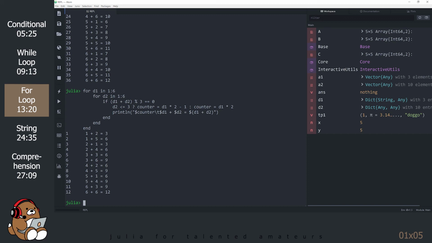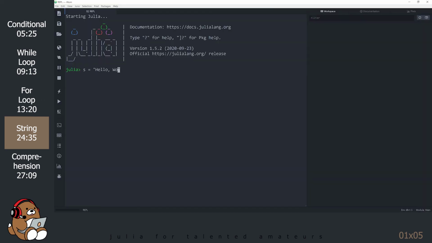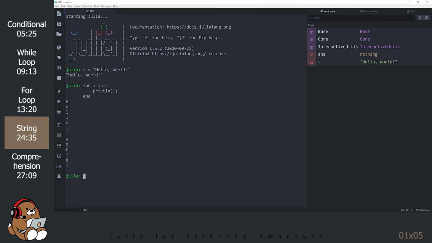As we discussed in the last tutorials, strings are a collection of characters, so strings can be indexed like a tuple or an array. You'll be happy to learn that you can iterate over strings in a for loop just like tuples and arrays. Before looking at some examples, type in exit to start a new Julia session. Let's use our old friend Hello World for this example. You can see that it iterates over the string, just like a tuple or an array.